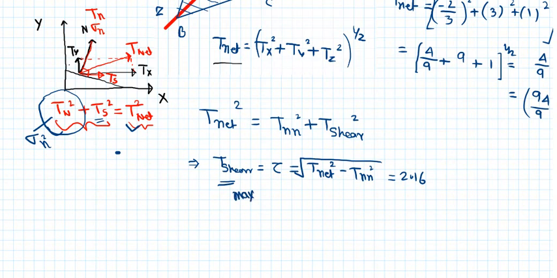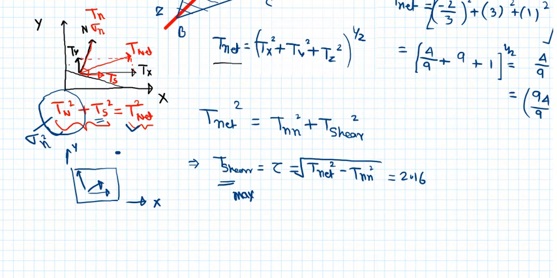Let us say I am taking a simple 2-dimension case. Let's say this is x direction, this is y direction. Now I can shear off along this direction, I can shear off along this direction, I can shear off along this direction, any direction I can shear off. So within a plane you have all the possibility to slide off the material. So what is maximum, that we are evaluating by this expression.